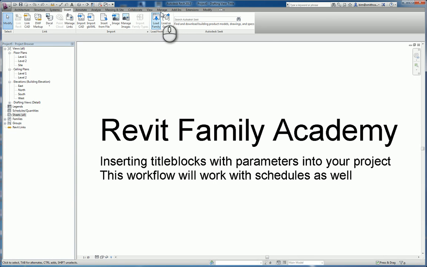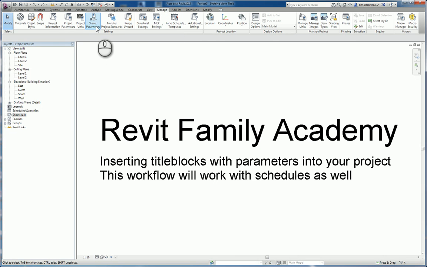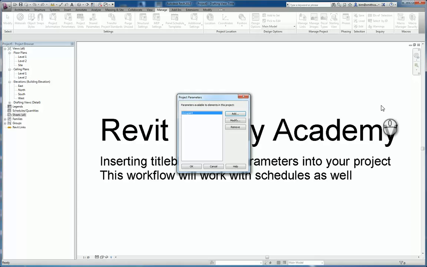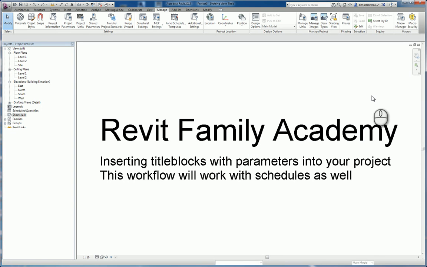And again, you don't have to worry about setting up the parameters. Before, not with this workflow, but before you had to go to project parameters, add a project parameter, and go through shared parameters and pick the right value in here, which generally is sheets, pick if it's an instance or type property, that kind of thing. And then the other issue